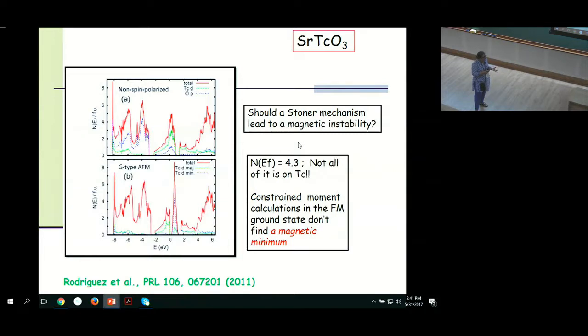One thing they found was that they explored various magnetic configurations, like the ferromagnetic and different types of antiferromagnetic configurations which you could have in a cubic lattice, but they always found this G-type, which is one in which every transition metal atom has all its neighbors totally antiferromagnetic. That was the one which was easily stabilized within these calculations, whereas most of the other configurations didn't even sustain a local magnetic moment.